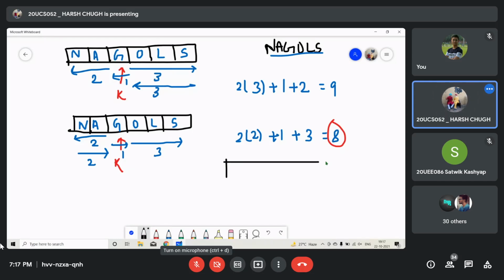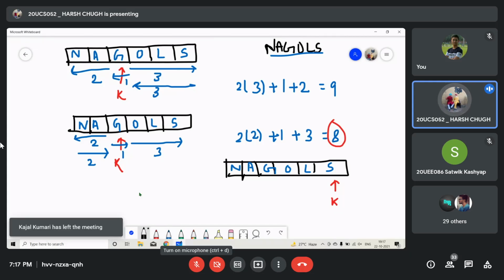Let's say in our position, if the initial k was this, now what we can do is print the letter on that position, move left, print the letter on that position, move left again and print the letter, then move left, print the letter, then move left. Now do we have to come back because there is no right part? We don't have to come back because there is no right part to cover more. But why don't we have to come back? Because initially the k was at the rightmost position, so we don't have to come back.